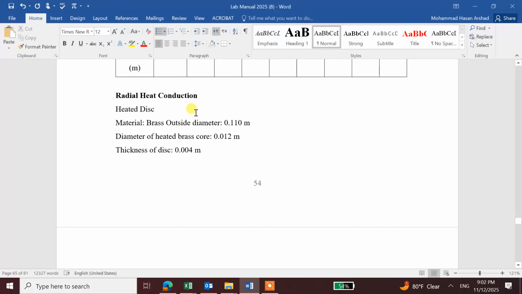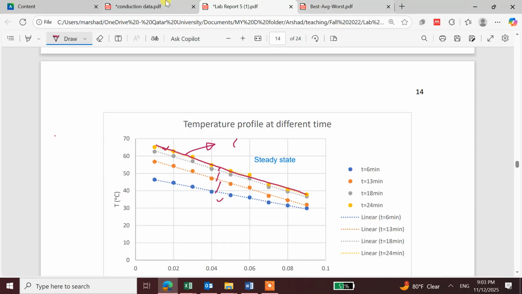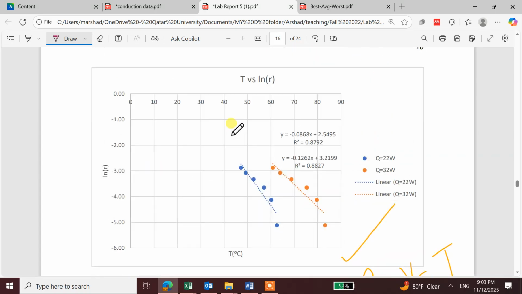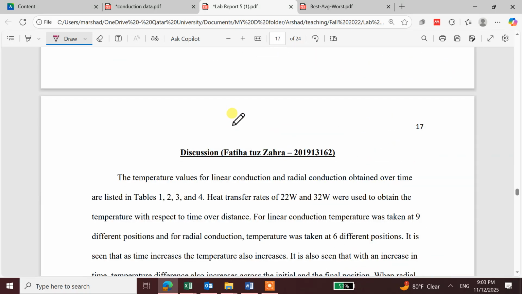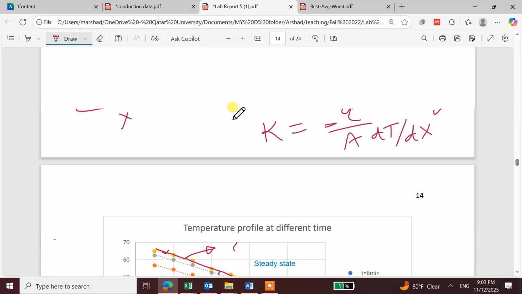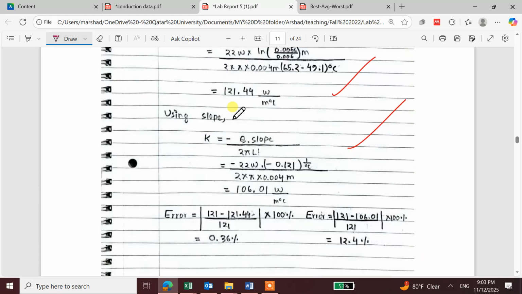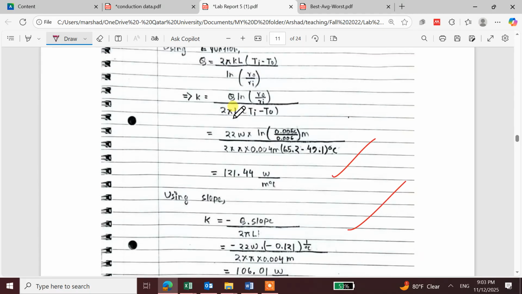It's here. Outside diameter, so you can find the radius if you divide by 2, and same here. So using this equation, you can find the conductivity using radial. Like this one. Okay,